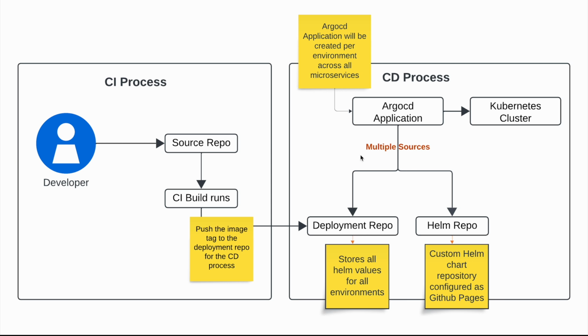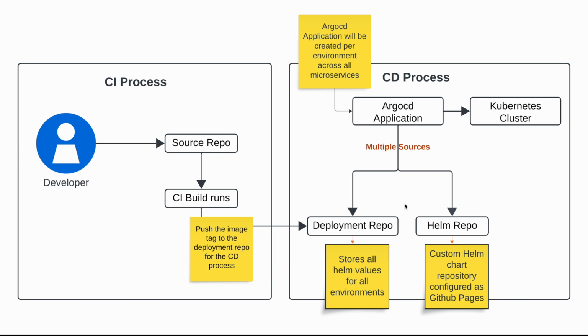And then here I have put the multiple sources. So when we create the Argo CD application, there will be two sources, right? In the previous part we saw we have just one Git repo, because in that we have the Helm chart and the values file in the same repo. But with the newer version of Argo CD, they have introduced multiple sources so that you can use it. Previously it was a big challenge because you had to put everything into one repo. So now they support multiple sources, and it is configured to use the deployment repo and the Helm repo both. But